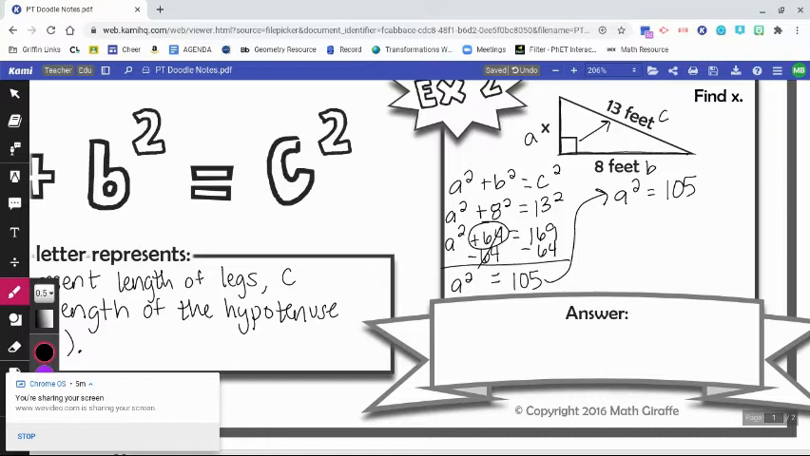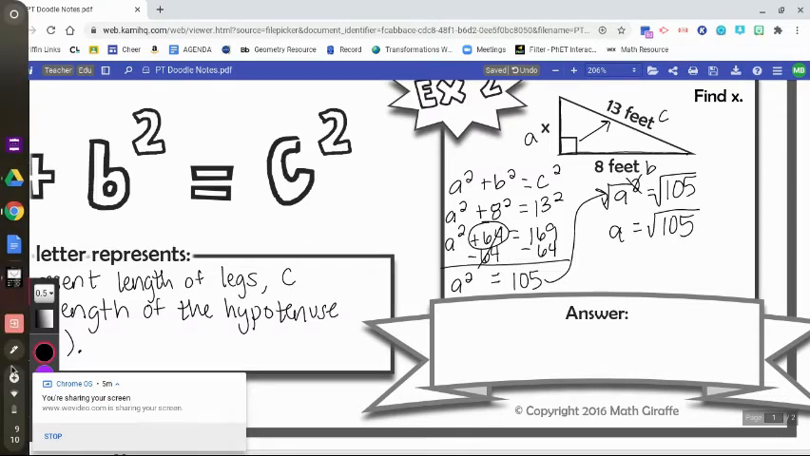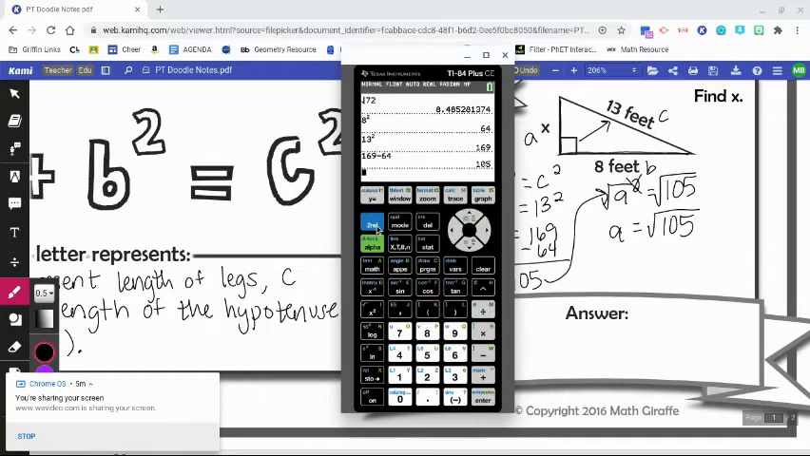In order to get a by itself, in order to get rid of that exponent of 2, I have to do the inverse, which is to take the square root. And I have to take the square root of both sides, which tells us that a is equal to the square root of 105. So coming back to my calculator, the square root of 105